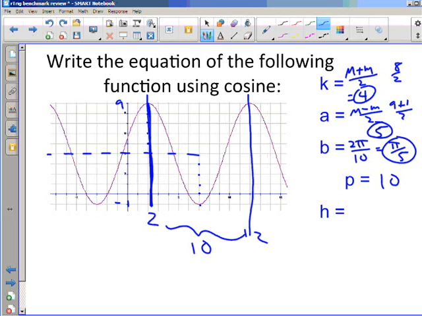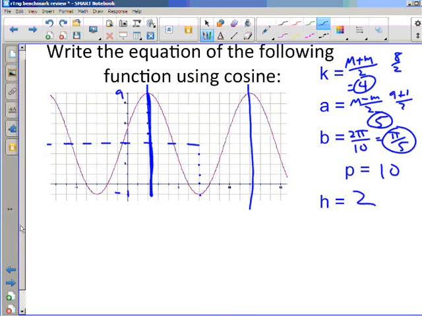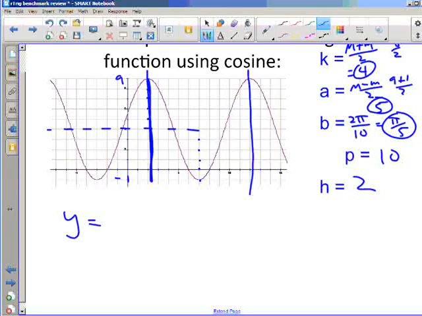And then H, where it starts, if we start with a cosine curve, it started at 2. So our equation would look like 4 plus 5. We're using a cosine curve. It's usually easiest to use a cosine because its max is easier to find than some middle point of a sine. B is π over 5, and then x minus 2. And again,